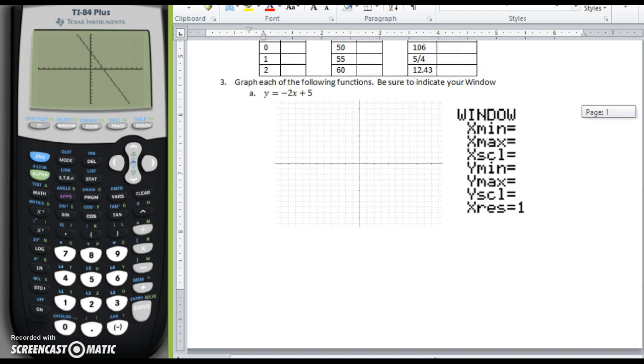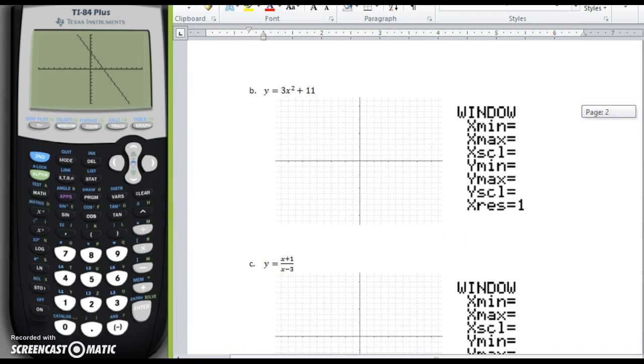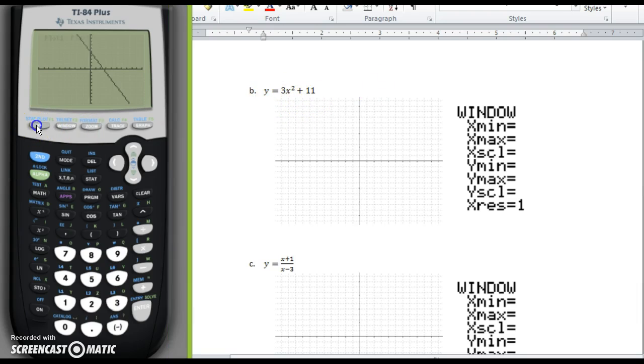All right, let's scroll down to the next function. The function is y equals 3x squared plus 11. So if I go over to my calculator, I'm going to clear out the other one and put this one in. 3x squared. Whoops. Let me back up there. 3x squared plus 11. Okay, and if I just hit graph,